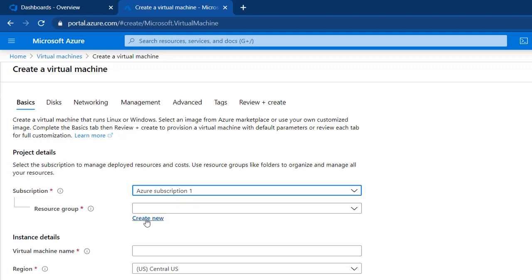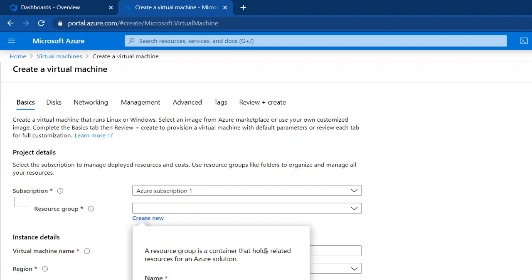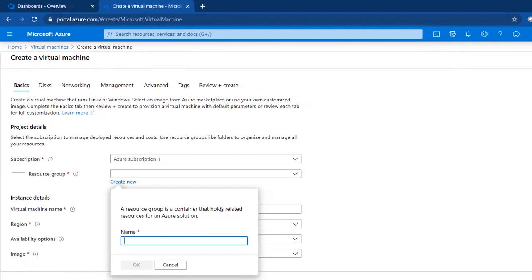So what is a resource group? A resource group is a logical group of your services and the resources that you want to use for an Azure solution. Basically, it's a logical group of different services that you want to use for a solution.